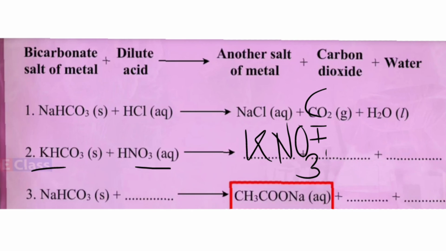Now children, here you have CH3COONa. It is the acetate, sodium acetate. This whole group is from an acid, the acetic acid as we call it. So it will be coming from the acetic acid. So what is the formula? See children, it is a big formula I am writing here. CH3 C double O and then H. Clear? So CH3COOH is the name of the acid. So here you are going to write down this.